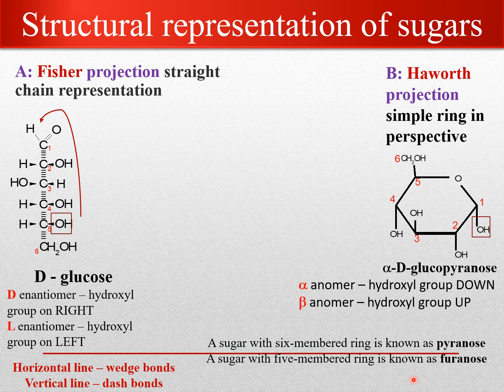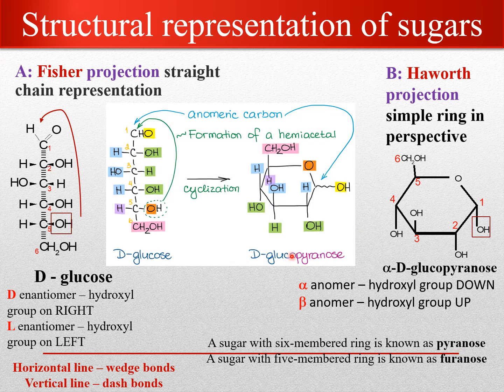Also, there are a lot of terminologies to be learned in this one slide itself, also known as pyranose and furanose. Pyranose is a six-membered ring. If you count one, two, three, four, five, and six, six members are required to make this ring structure. Therefore, it is known as pyranose. Fructose normally will have a five-membered ring within the ring itself.